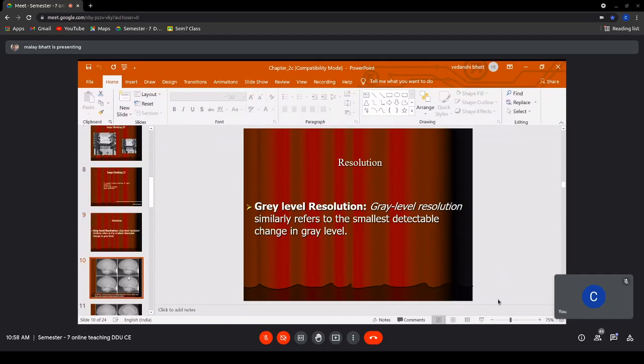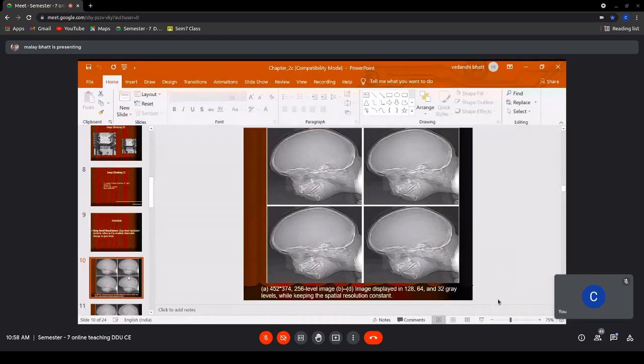So now here we have this image of an MRI. In the first, it is a 256 gray level image. So the number of gray levels is 256. In image B, the top right image, it has 128 gray levels.